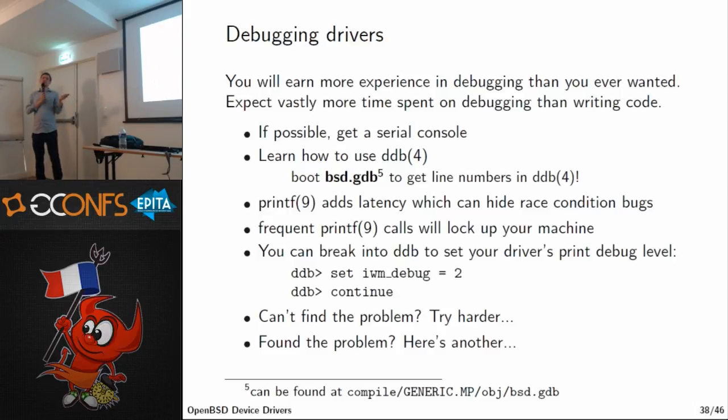A lot of drivers have a lot of dprintfs inside of them, and you can usually enable them by defining some macro, like a debug macro. And then there's also an integer you can set to enable some or all of these printfs. I was always recompiling my kernel after changing this integer setting, and then I think mpi showed me a nice way to just set it at runtime. So you don't have to actually recompile just to get the printf level up or down. You can do that at runtime.